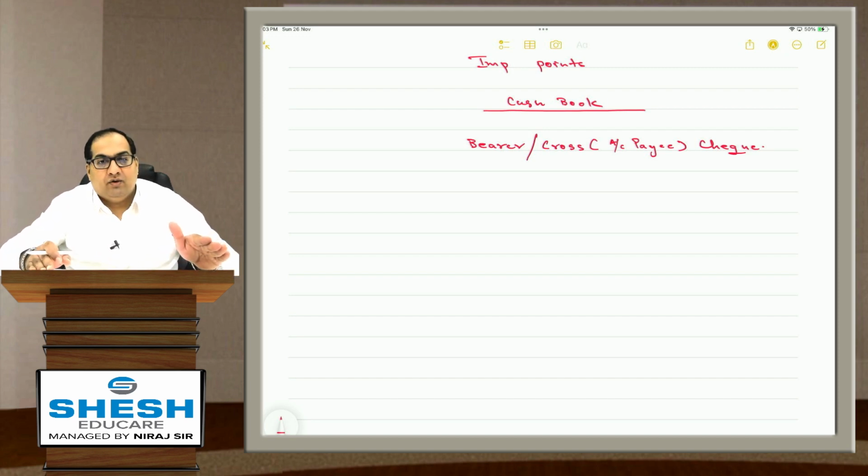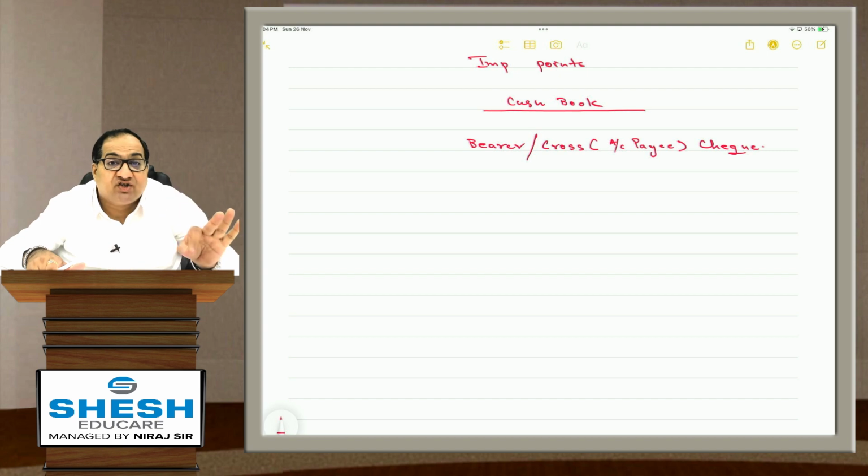Now, whether check is deposited or check is issued, that is, we have received money in bank or we have paid money from bank account. Let us first understand what is check. To better understand, once I issued a check, that means I have given order in writing to bank to make the payment from my bank account. From the money which is lying with the bank, I have given order in writing to bank. Now this check that I have issued